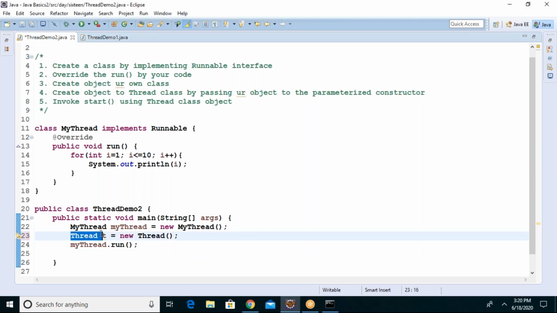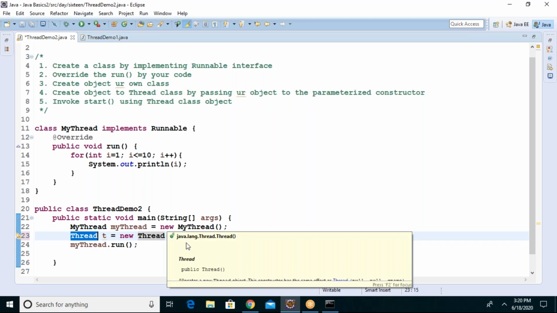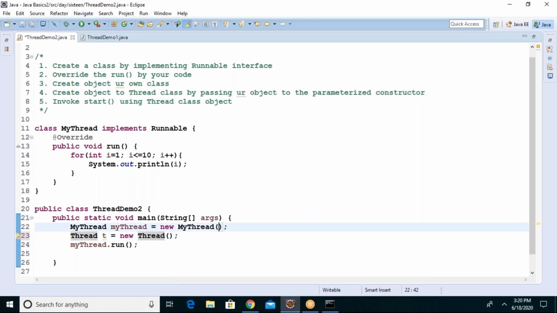Boss, when you create an object of the Thread class, this Thread class object t contains which run method? The Thread class run method. Yes. But now I am passing my thread class object. So now tell me, does this t contain the Thread class run method or my thread's run method?